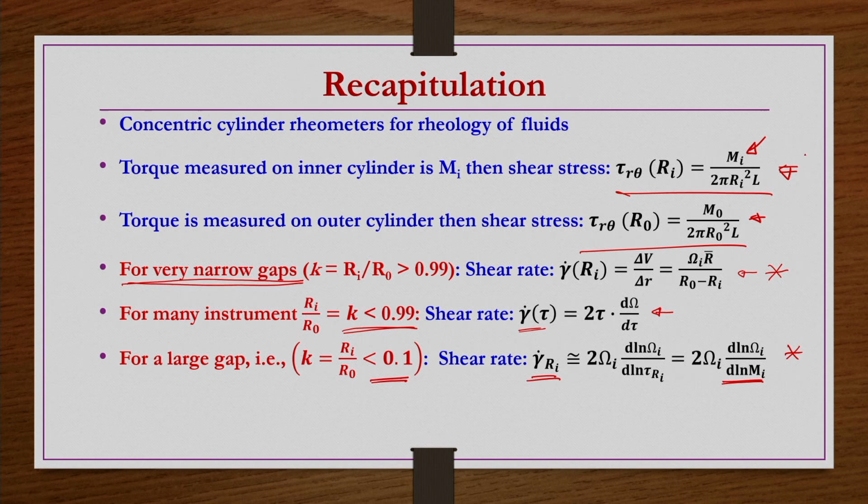Now, for shear stress you have only one equation irrespective of the gap. In general you do not go for a very large gap, but moderate gaps. However, we have developed the equation. Shear stress can be calculated irrespective of the gap using any of these equations, but when you want to calculate the corresponding shear rate, you first calculate the value of K, and then choose an equation accordingly. If the gap is very narrow, use this equation for shear rate. If the gap is very large, use the last equation. But sometimes we may have an intermediate gap also. So what expression for shear rate should we use?